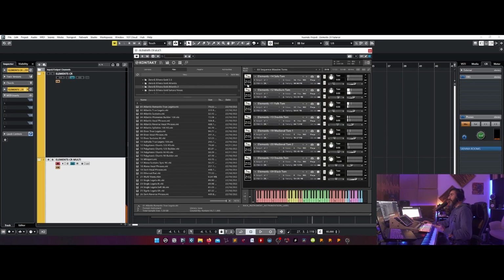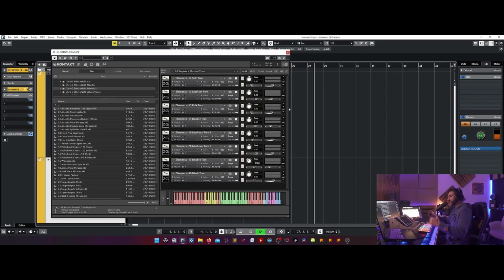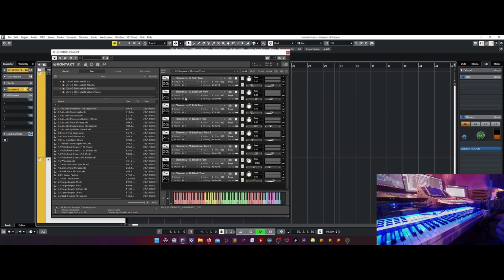And remember an important thing: when you are using a multi-instrument like that and you are using the sequencer, I suggest you go in play. This way the sequencer is perfectly synchronized for all the instances and you have perfect timing, right?